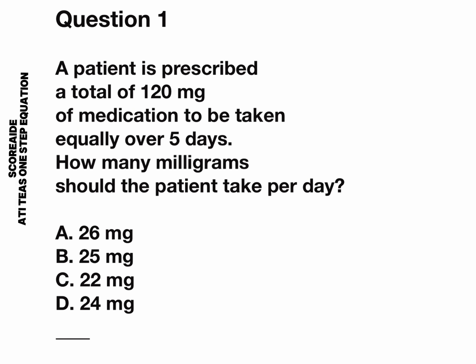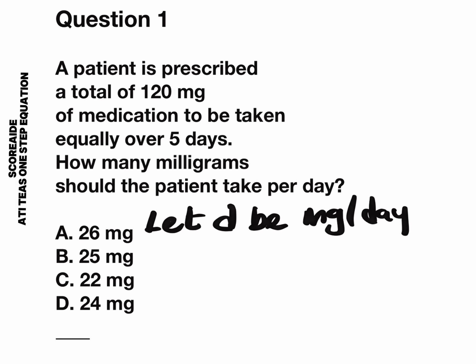A patient is prescribed a total of 120 milligrams of medication to be taken equally over 5 days. How many milligrams should the patient take per day? In this case, we are going to assign a variable to be the unknown. So I'm going to say, let D be milligrams per day. In this case, we have 5 days, which would be 5D is equal to